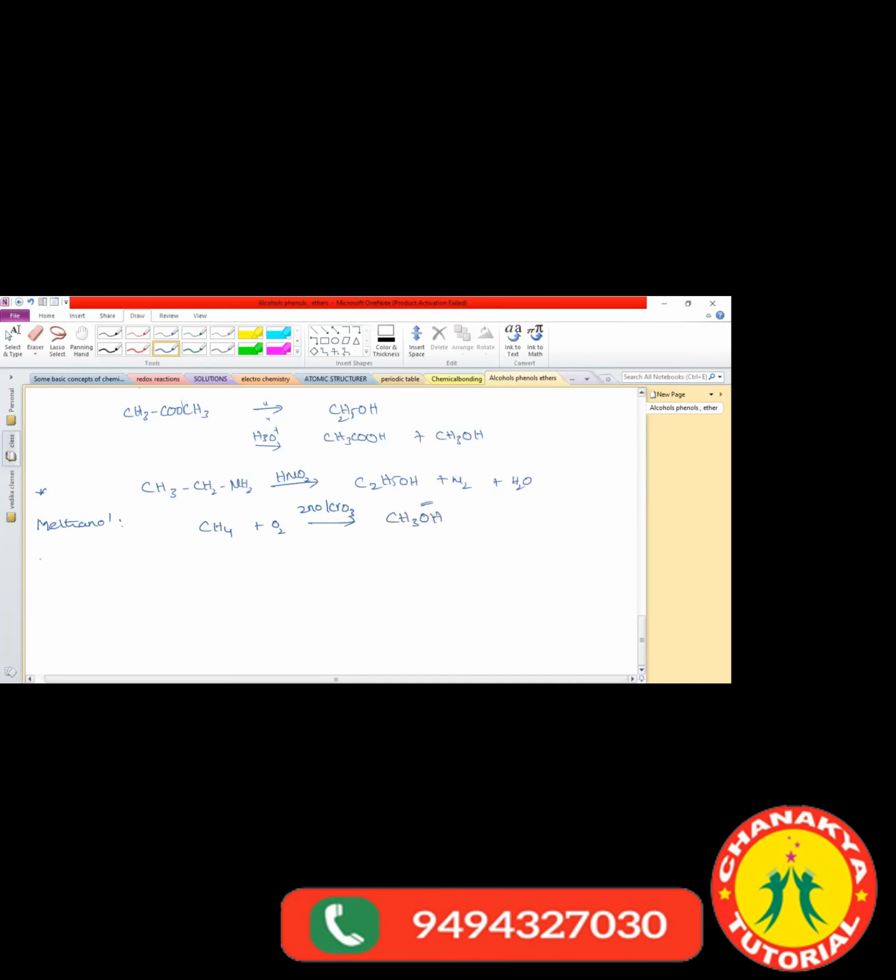And one more is there, ethyl alcohol. How are we going to prepare ethyl alcohol? Ethyl alcohol can be obtained from sugar cane. Sugar cane contains sucrose. What is the molecular formula of sucrose? C12H22O11. This we can call sucrose. When the sucrose undergoes hydrolysis